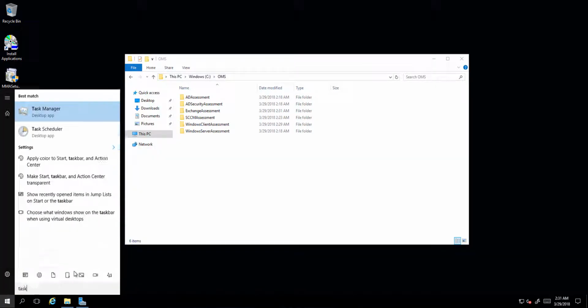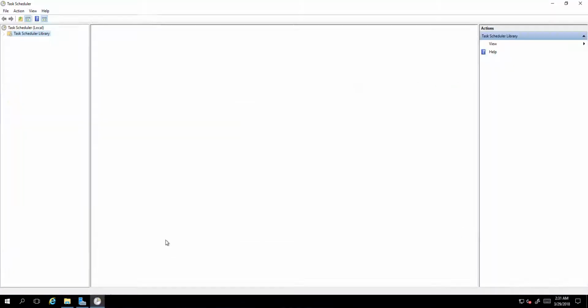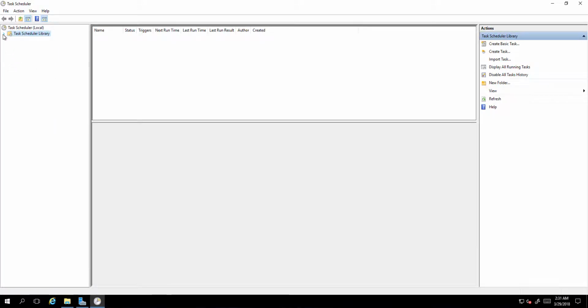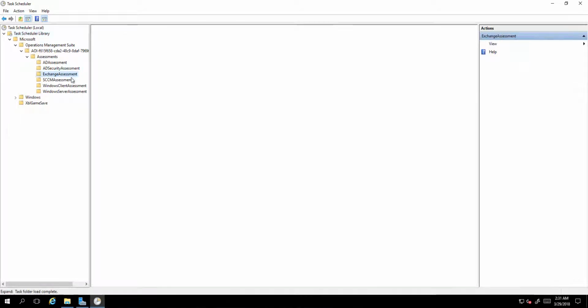Now we'll go into the Task Scheduler and schedule our task for a future date, since we don't want the manual task that we'll schedule right now to conflict with a future scheduled task that's going to run. So go into Assessments, click on Exchange Assessment,